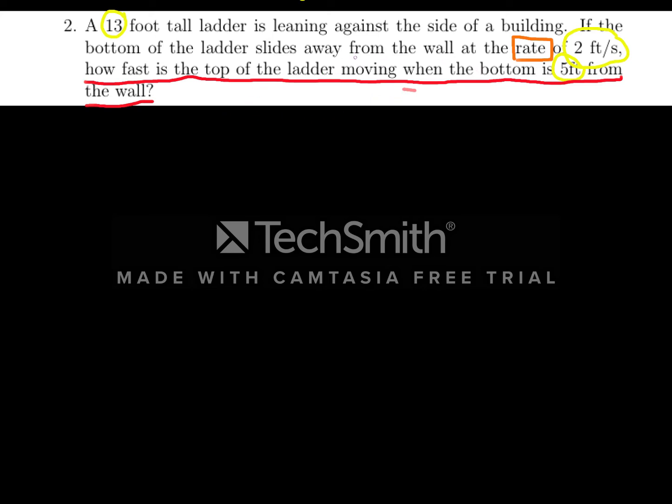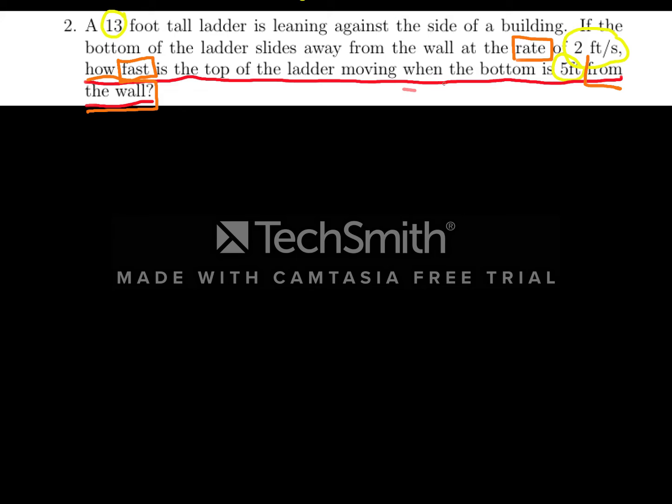So the bottom of the ladder is sliding away at a rate. How fast? That is just another form of rate. Speed, right? How fast is the top of the ladder moving when the bottom is 5 feet from the wall? And even this right here, from the wall, is a mathematical statement because that's distance, right? And we'll need to work that in. So those are